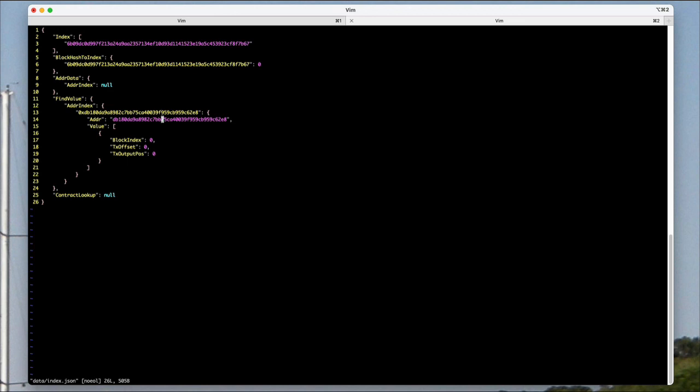So for that account, that is the same hash. So I guess in each account, it includes its own account, which seems kind of odd on the surface, but there may be some reason why you end up with an account, but you need to know where it is in the index. Okay. And then there's a value, and it says that this account has an entry at, well, there's only 0 blocks,